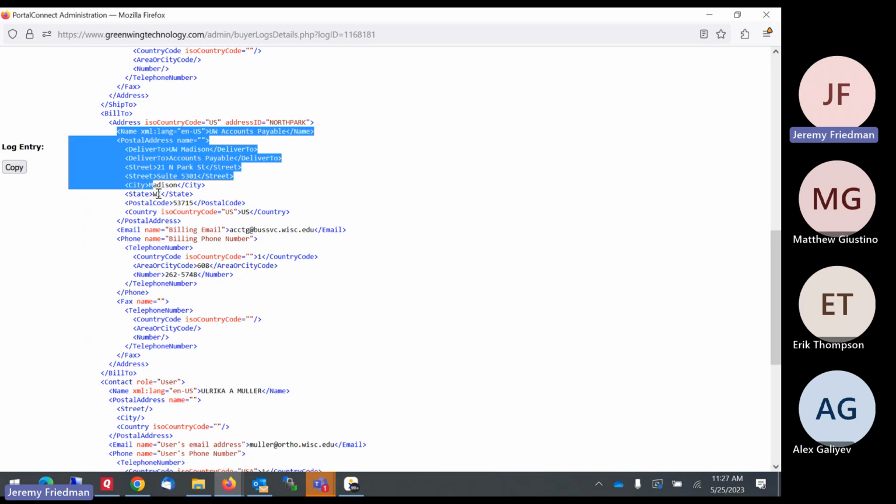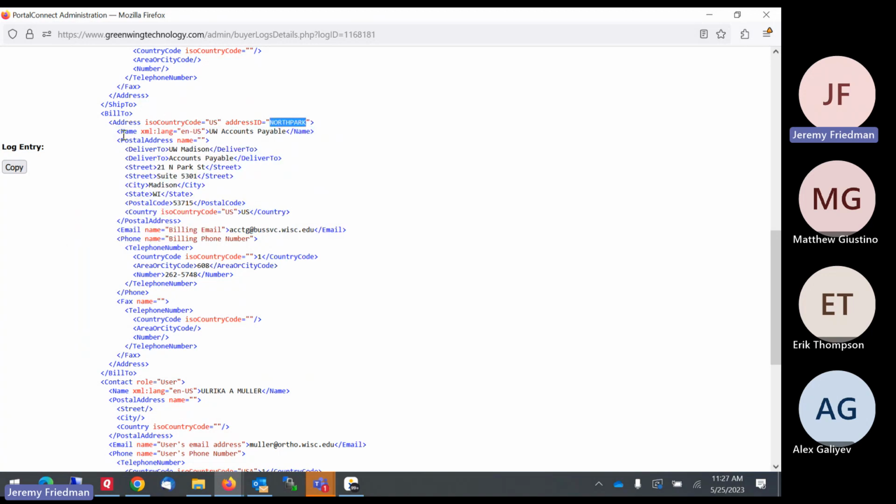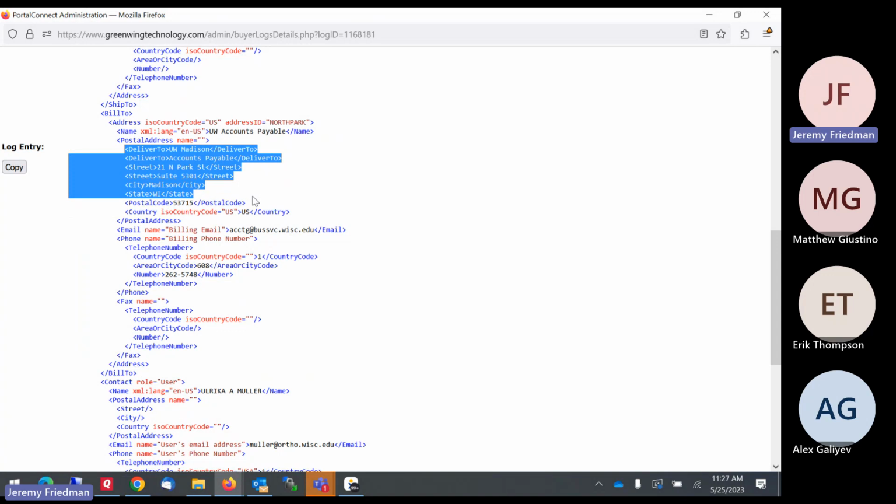But yeah, exact same thing. It's got address IDs, it's got names, it's got postal address, delivered to, all this stuff. And notice it's different. That's why there's two elements. A lot of these universities have central billing, so all the bills go to one person, but the items ship to another, because it could be a researcher that's buying this item, but just the procurement team has to actually pay it. So